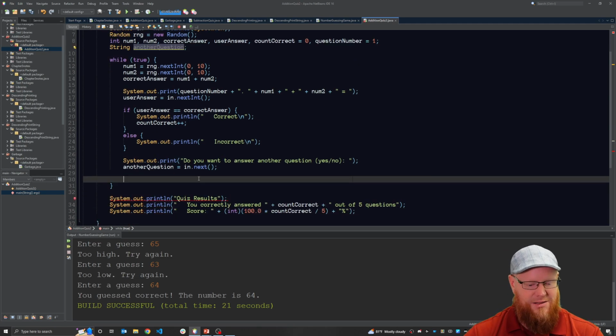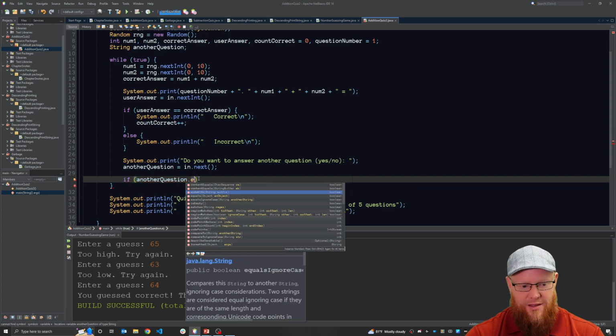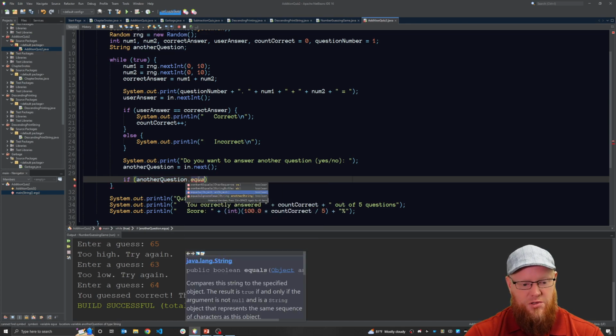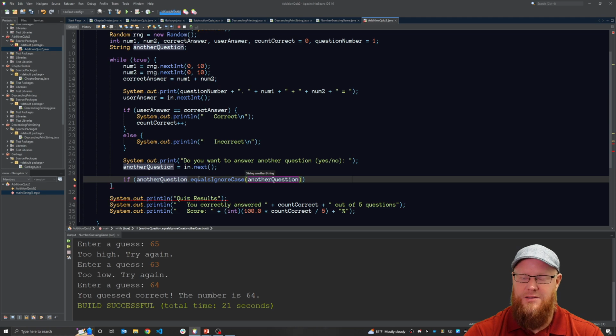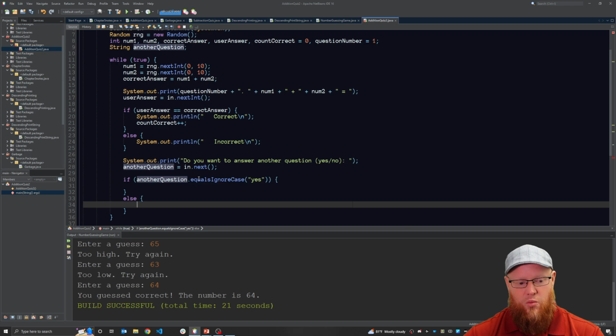So now I need to say if another question dot equals ignores case. Remember, in Java I can't say if does this equal a yes or does it equal a no. I can't check the contents of the strings for that type of string equality. I have to use the equals method. I'm going to use equals ignore case in case they put a capital yes, for example. So if it equals yes, we want to do something, versus if it was no, we want to do something